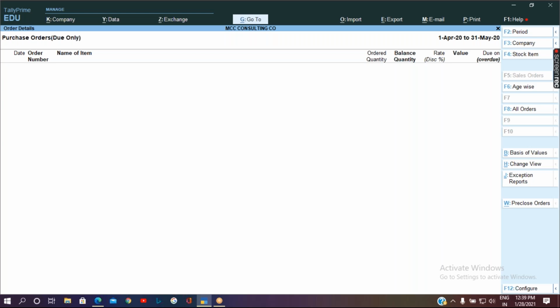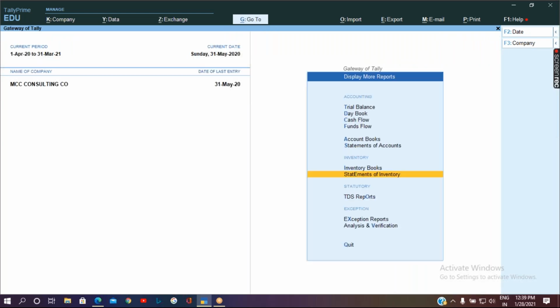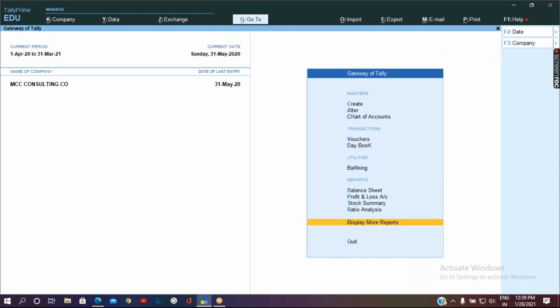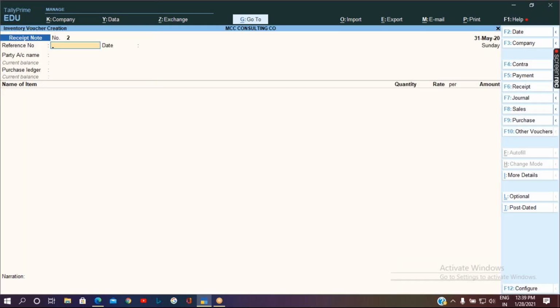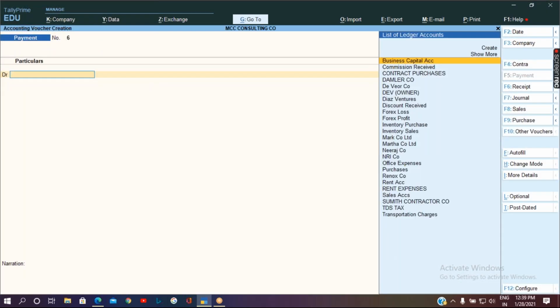Then finally, when you are going to make the payment, there will be no interference of tracking number or order number, because payment is a pure accounting entry. So it will relate only to the accounting part.